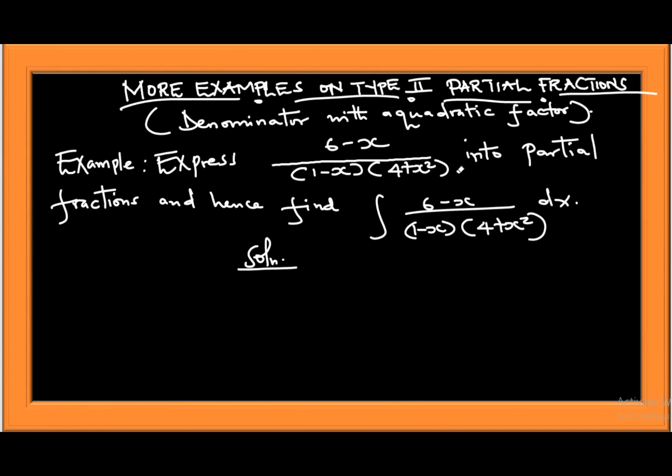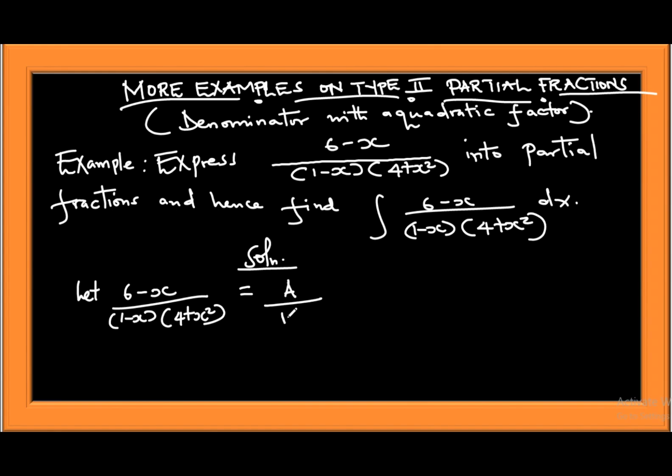Now, as you can see in our question, they're telling us to express (6 minus x) divided by (1 minus x)(4 plus x squared) into partial fractions, and then they also expect us to find the integral of the same expression. We shall begin by letting (6 minus x) divided by (1 minus x)(4 plus x squared) be equal to a divided